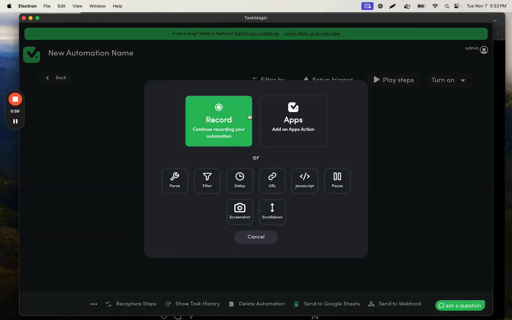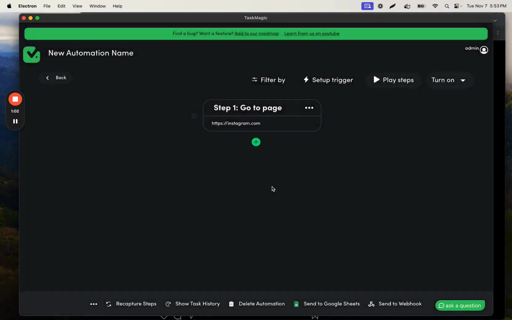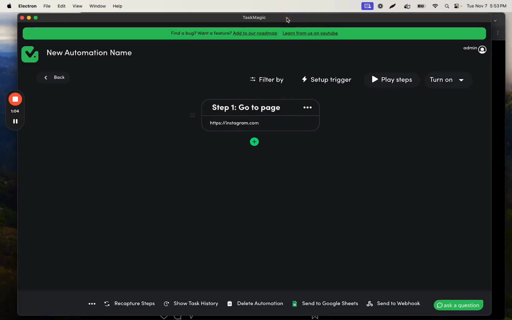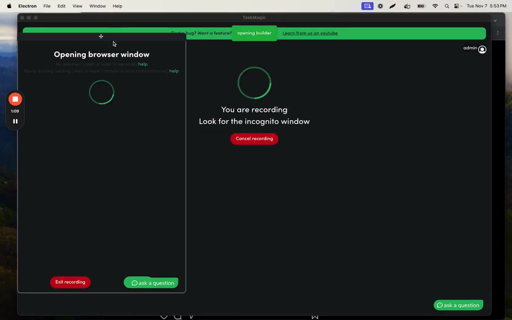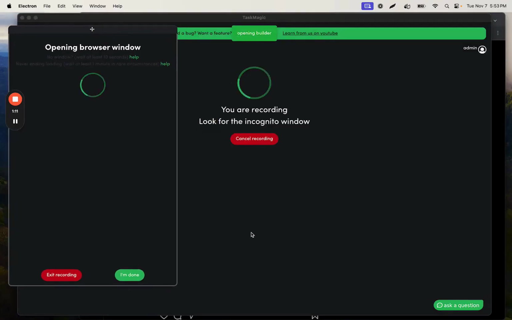Instead of us having to record the type step. Obviously, you can record the type step route as well. Either method is going to work for you. So back to recording. Now that this is going to automatically log us into Instagram, we're going to build the